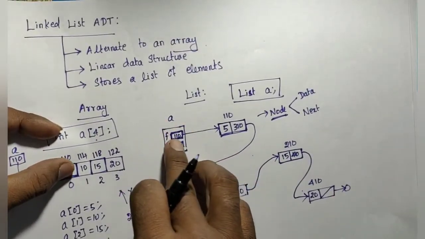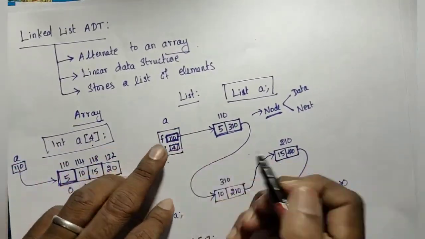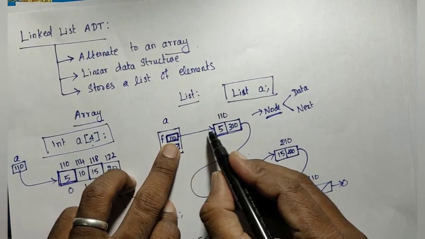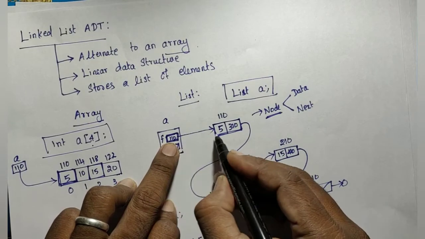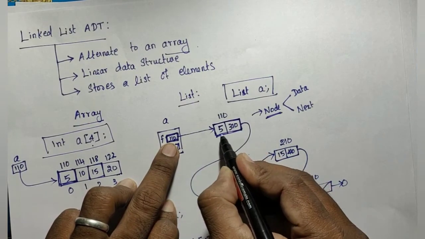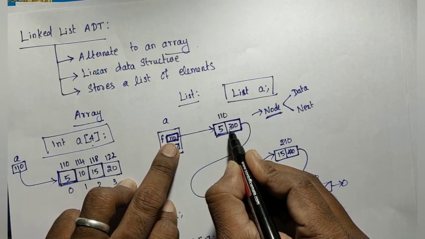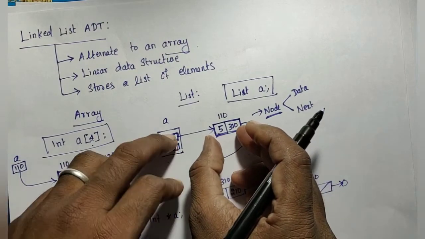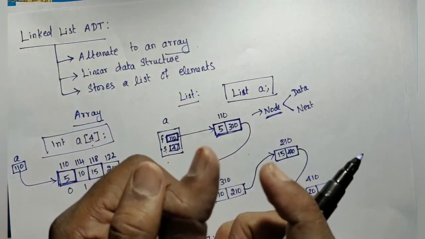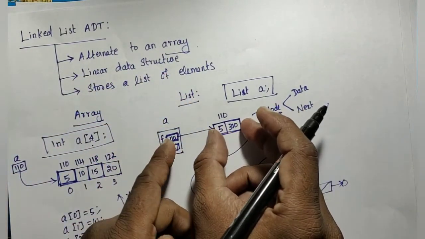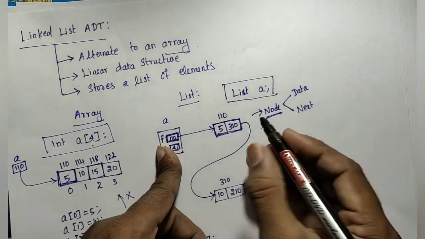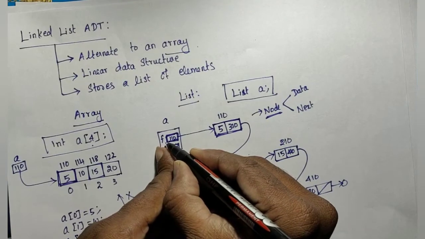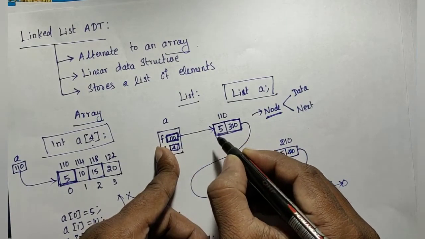But we need to think about what type of address it is going to store. To be clear, it is not going to store the address of an integer, correct? It is going to store the address of this entire thing, the 5 and 310. The 5 and 310 is going to be stored in a single variable, and that variable's address is going to be stored in f.